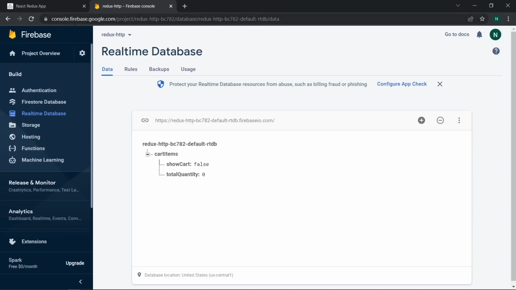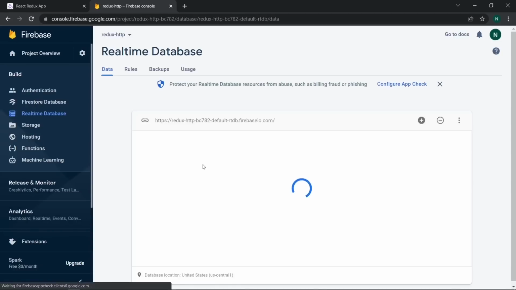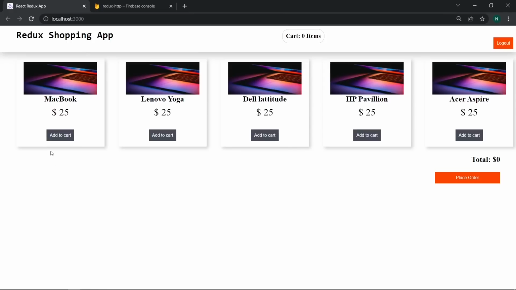So now you will see the Redux state has empty items. Now you will see the array is empty. So we have to check if the array is still there or not. Then you will see now we don't have anything inside that. So if I now just add something to the cart, add to cart, then you will see the